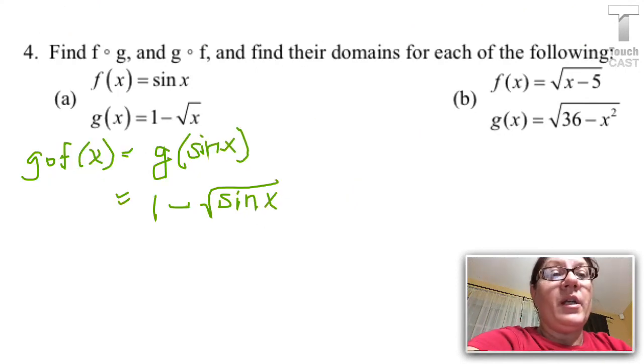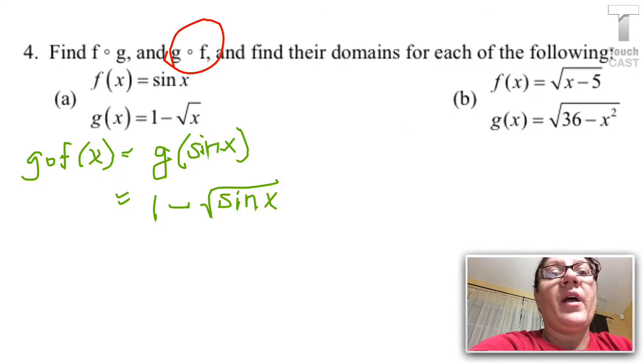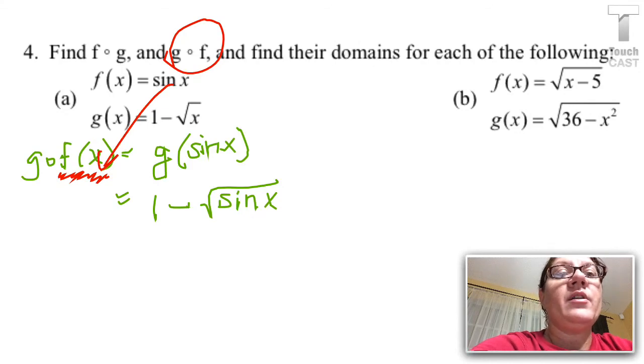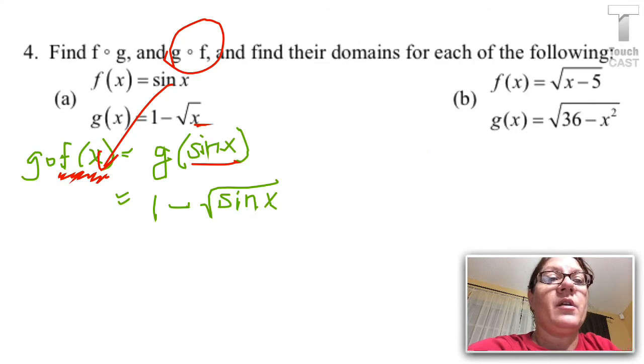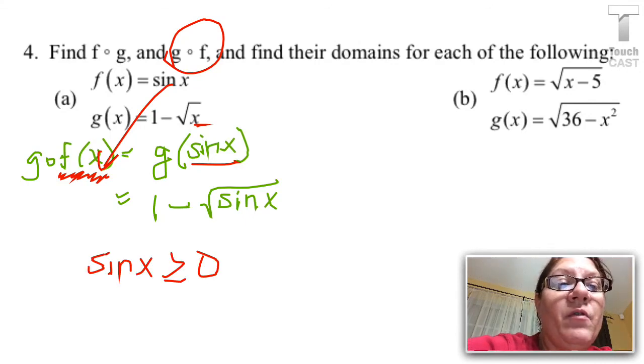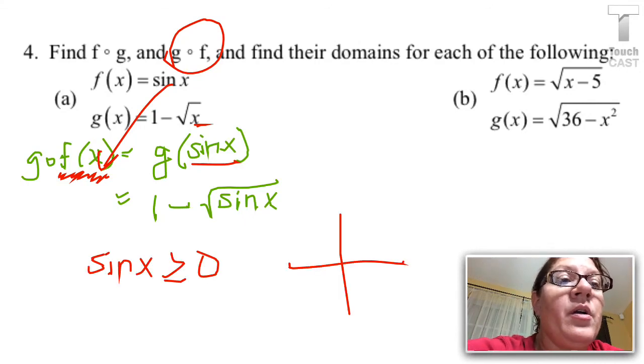So now I'm switching and I'm doing the g of f of x like it says. And so this time I have to know f of x first. Well, I know that. It's sine of x. And so I'm going to take g of that, but now I'm supposed to put that into the g function in place of the x. And of course I know that the stuff under the radical has to be positive. And if you remember correctly from your Algebra